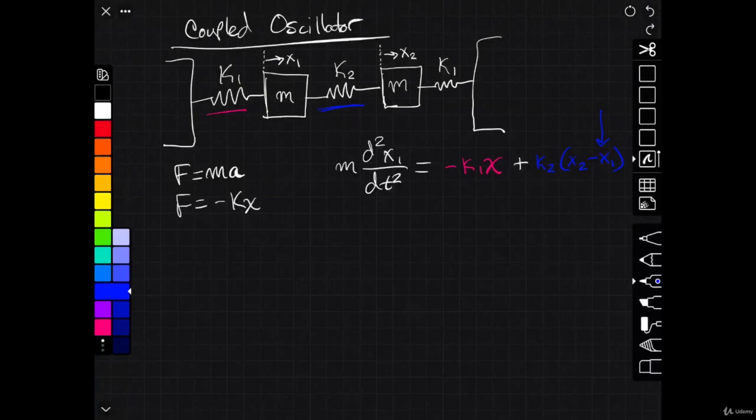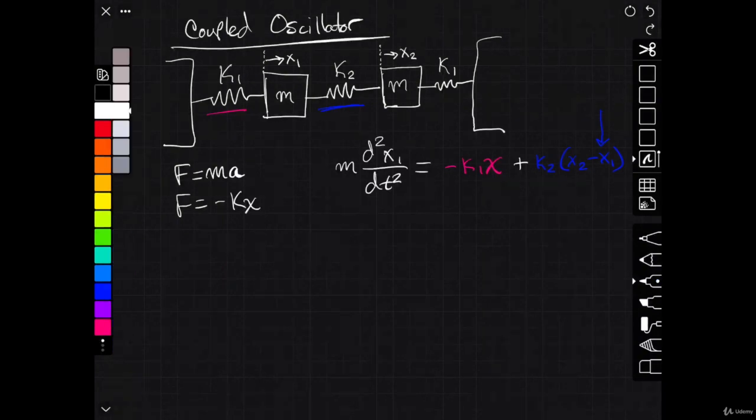However, if I displace this x1 to the right, clearly this mass will also move a value of x2. And if this moves a value of x2, then we have to take the difference of this to find out precisely what the force of the spring onto this mass is. So now that that's clear,